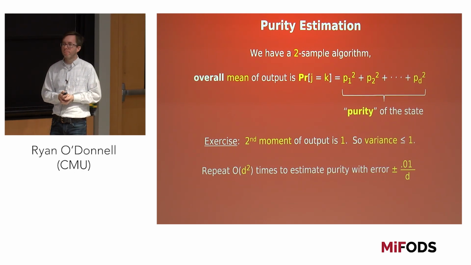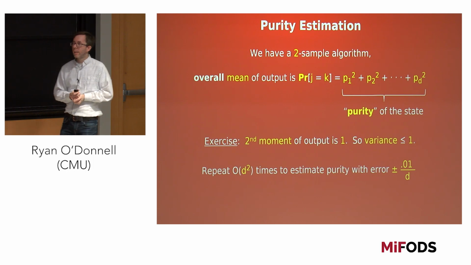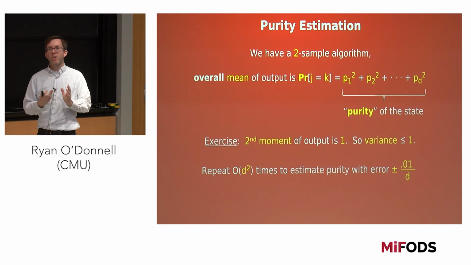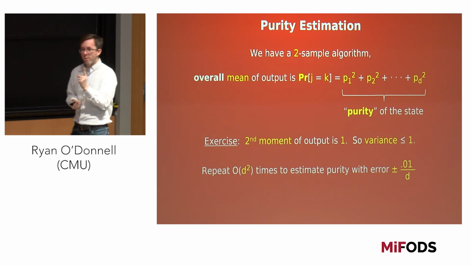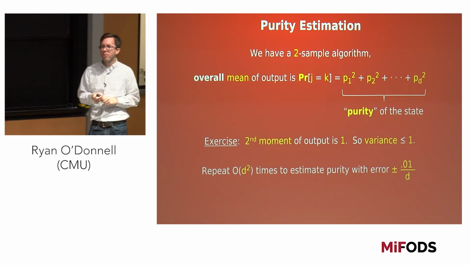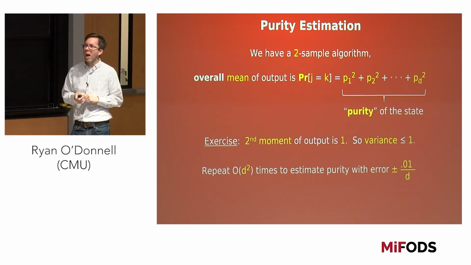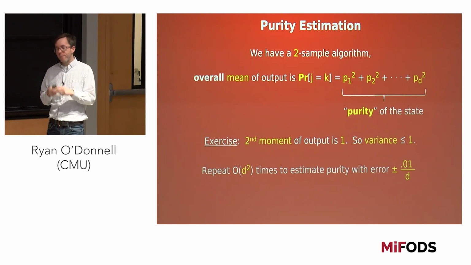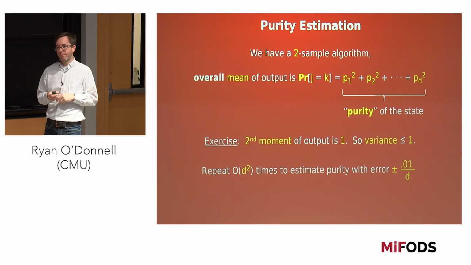Can we estimate the purity by using a one-sample algorithm? Or will you show us some example where there's actually value in working with the tensor product rather than working with individual samples? Yeah, I don't think you can estimate the purity. Aaron can correct me if I'm wrong, but I don't think there's any way you could estimate the purity if you only make measurements on one sample. Why not? I can estimate P by making this. OK, you're right. If you have lots of samples and you measure each one separately, yes, you can estimate the purity that way.